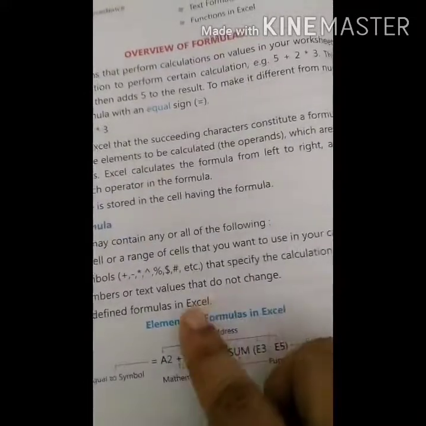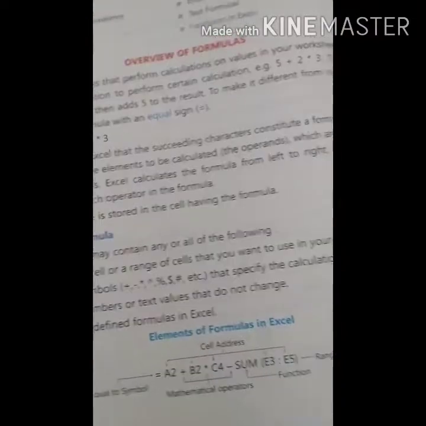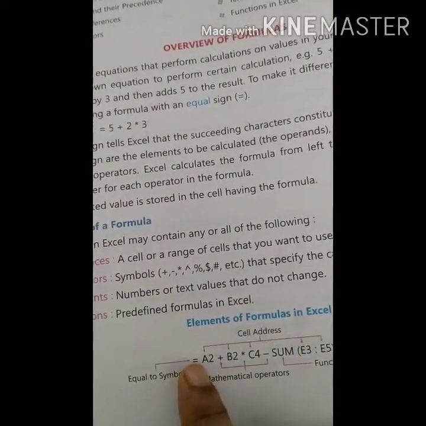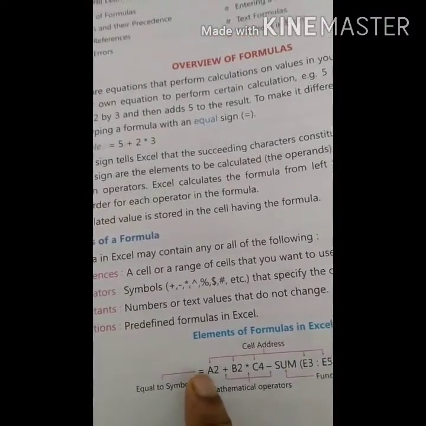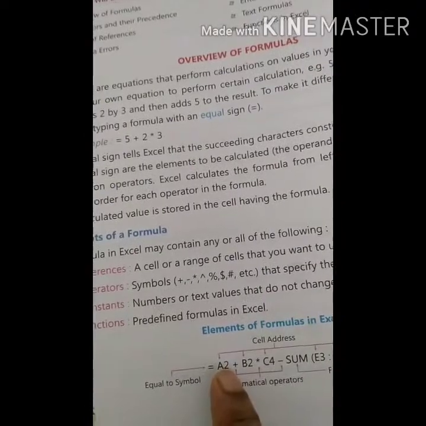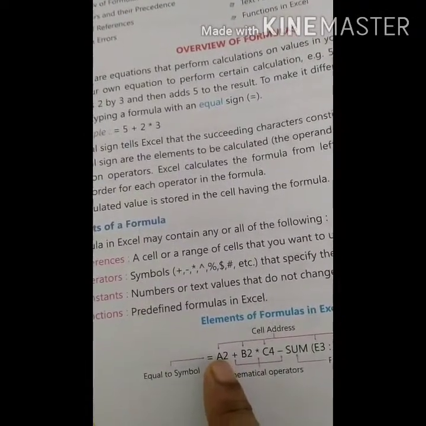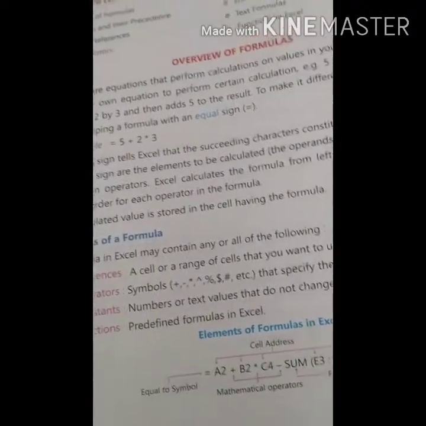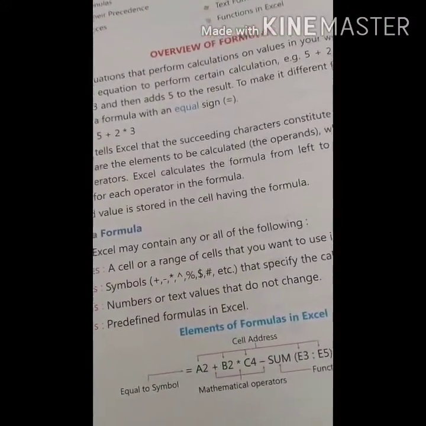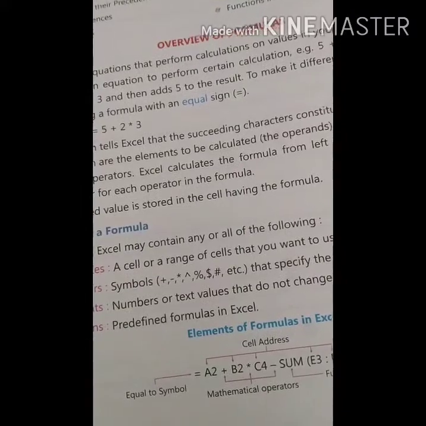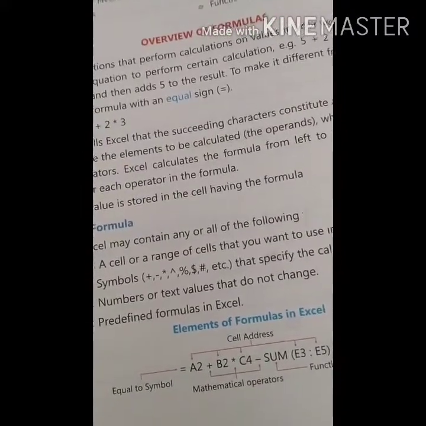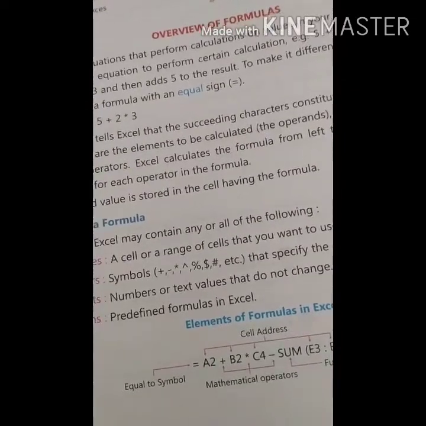Okay, so these are the elements of formulas in Microsoft Excel, pay attention. First of all, I told you the equal to sign you have to put in the beginning to calculate any mathematical calculation. A2 is indicating A means column, the A column and row number 2.